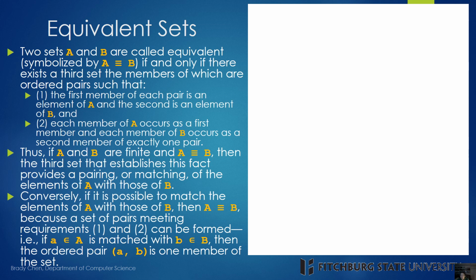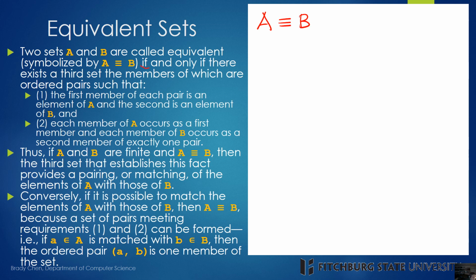But from a math perspective, we want to study the properties of these sets. Even though the contents and the elements are different, we try to define some kind of fundamental properties. Hopefully, once we study one set, we can also get the conclusion for the other sets. Now, one of the relationships between two sets is called equivalence. So two sets, A and B, are called equivalent, and we use the notation A is equivalent to B,